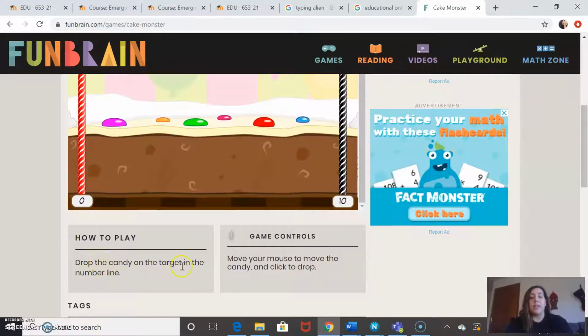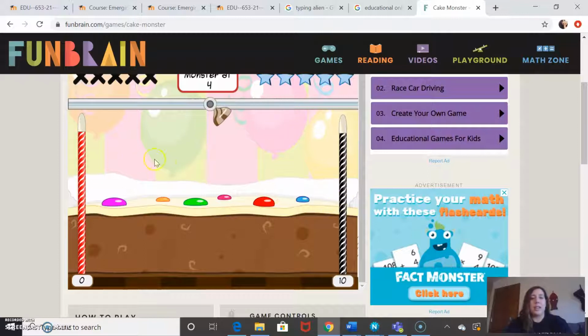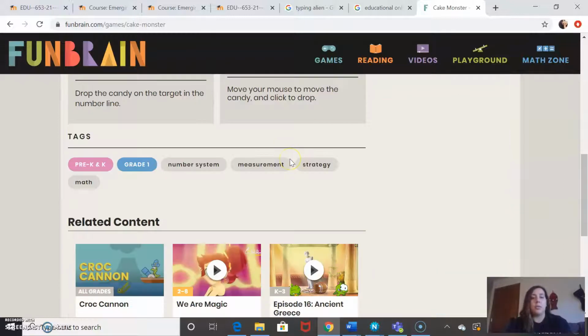So you're going to drop the candy on the target on the number line. You just move your mouse and then you click to drop. So up here we have 0 to 10 and then your little candy. So this is 0, 1, 2, just kind of guess. So if you guess wrong,